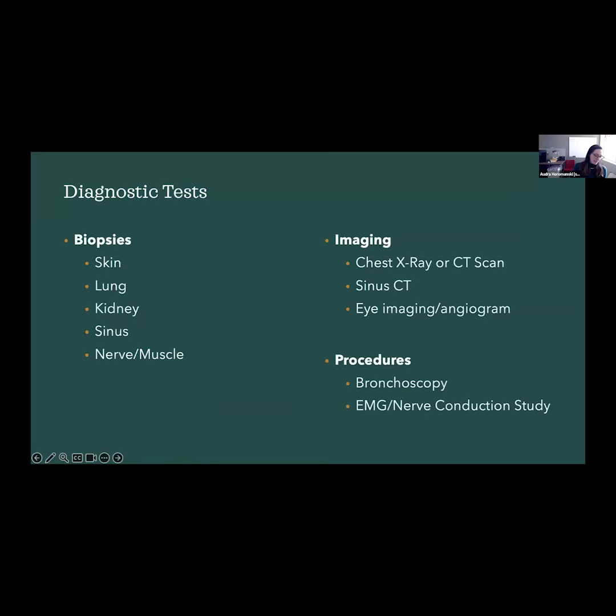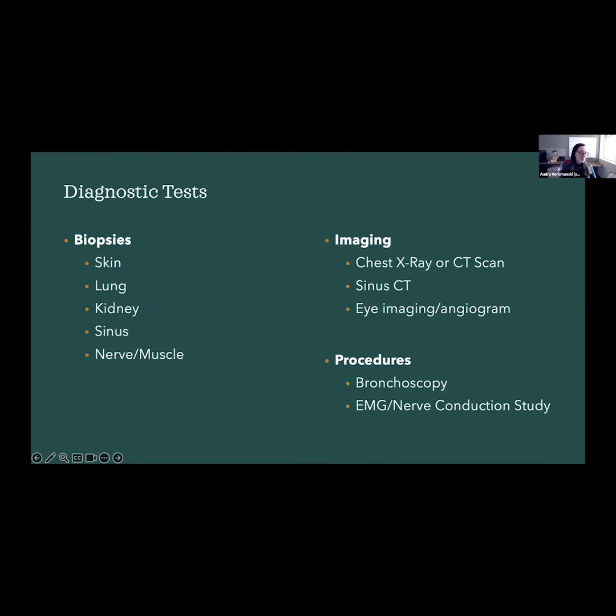Other really important diagnostic tests: we're always looking for objective evidence, meaning something that I can see that's going to tell me for sure that this is due to ANCA vasculitis, or GPA in this case, versus other conditions that can look very similar. So frequently we will order biopsies of the affected tissue, and that depends on the areas or organs that are involved. Sometimes we'll do skin biopsies, which are the easiest of the biopsies to get. But if the lungs or kidney are involved, it's very important that we do lung or kidney biopsies.